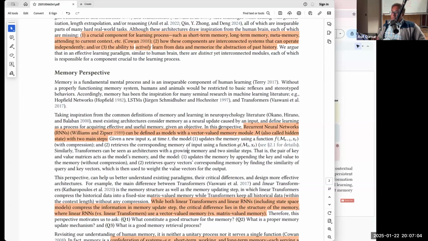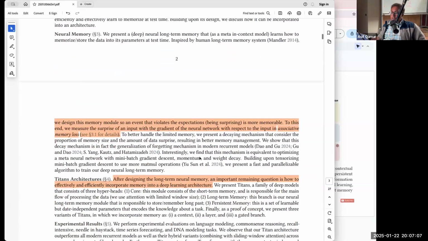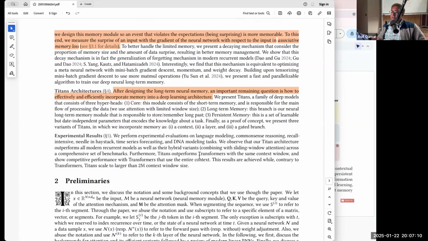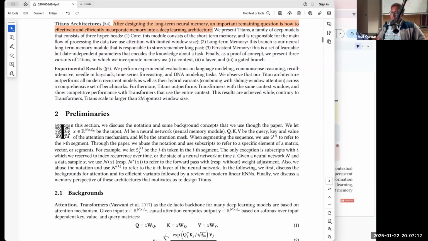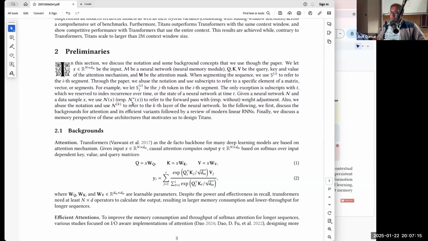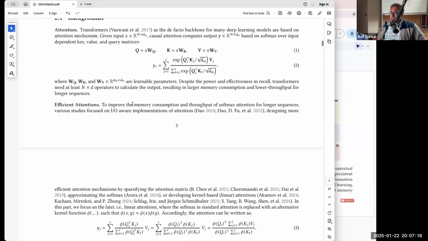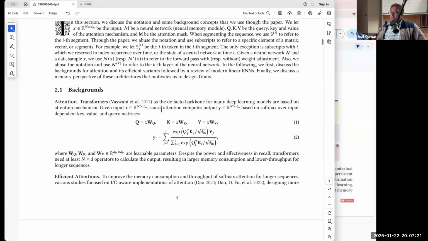What they call in the paper the memory perspective, we read about that, right? And then I'm going to go down. I explained the Titan architecture, and I'm going to ignore the preliminaries a little bit because it's basically a mathematical foundation. But if you look at the background, we went through the visual diagram of the QKV vectors, and here is the output token, and this is the attention equation, and this is how the attention matrix is formed. Basically, it's explaining whatever I explained visually in the form of mathematical notation.